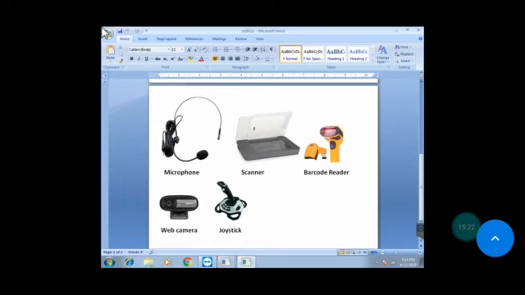It is used for video conferencing using applications like Skype, for security surveillance at malls, ATMs, etc. Most laptops have built-in webcam these days. Next one, joystick. It is commonly used for playing video games and as a control device in the cockpit of aeroplanes.